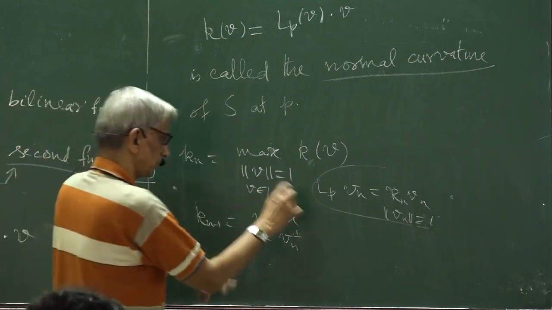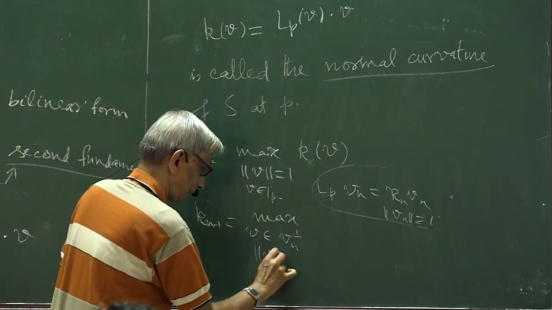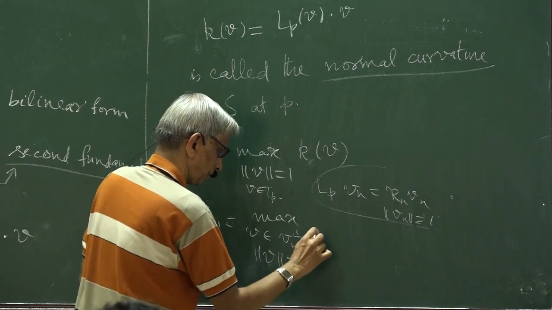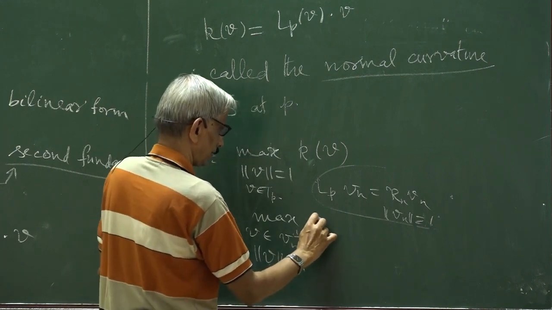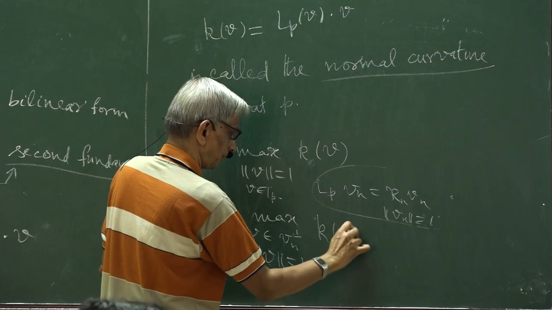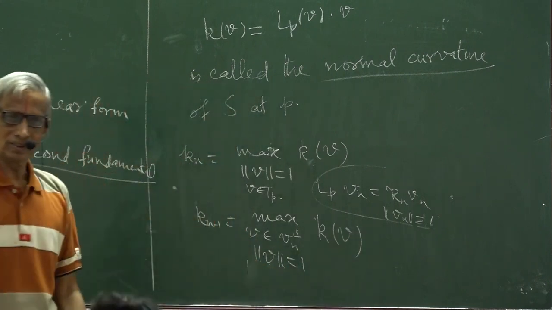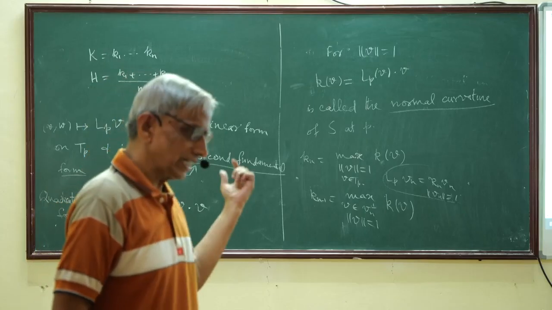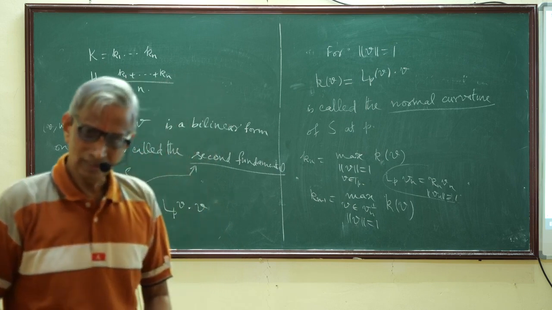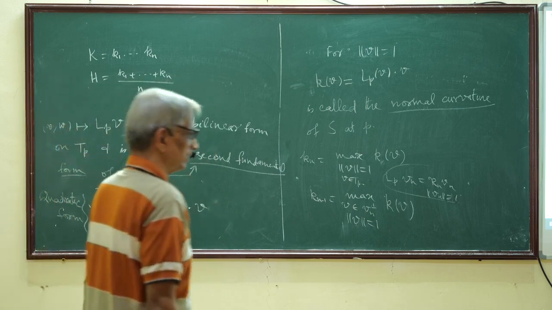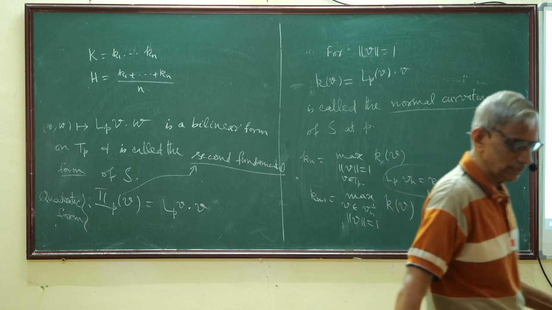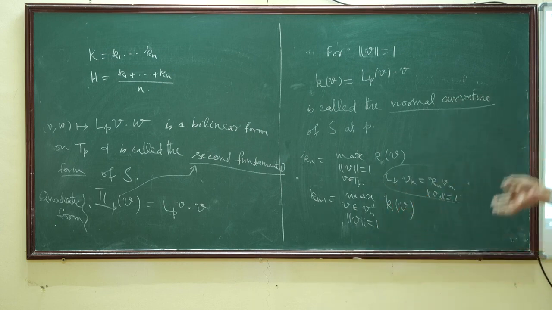So this is the maximum of the same thing of Kv. So on, right? So the first eigenvector K1 is going to be what? It's going to be the minimum of